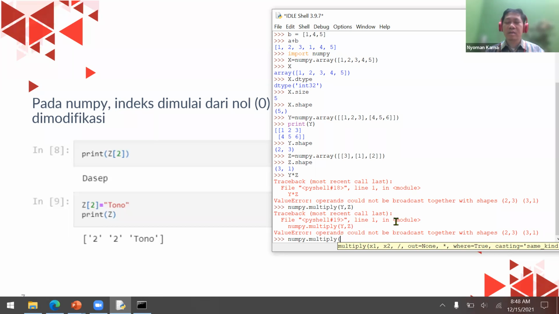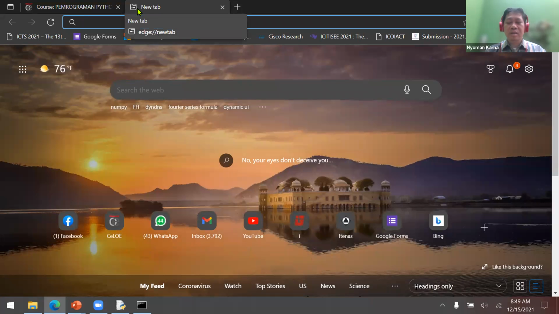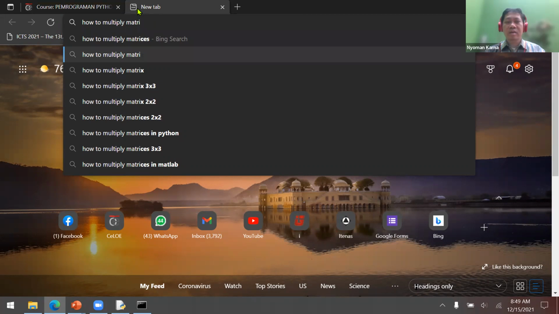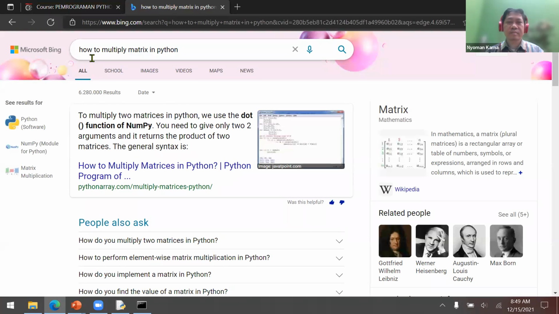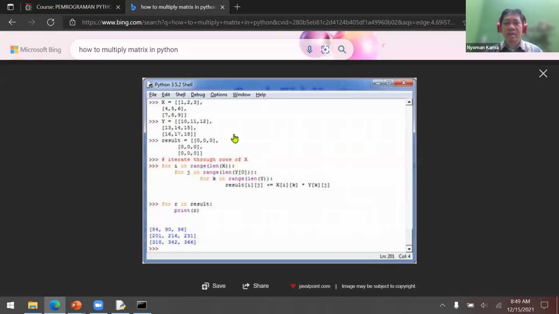Oh, okay, so we cannot use multiply. Let's try searching how to multiply matrices in Python. We use dot. Not multiply, because multiply is just like 2 times 3, 5 times 2, etc. So instead, we're supposed to use dot.